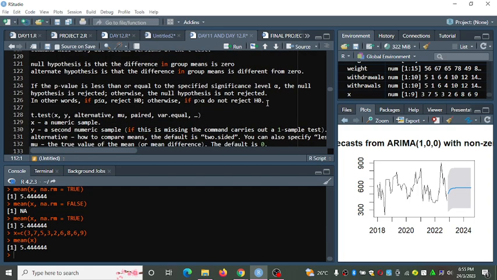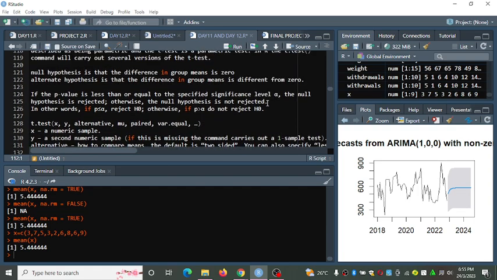So what do we do when we get the p-value? We use the p-value to either reject the null hypothesis or fail to reject the null hypothesis. Remember, we don't accept in statistics, because you are estimating.